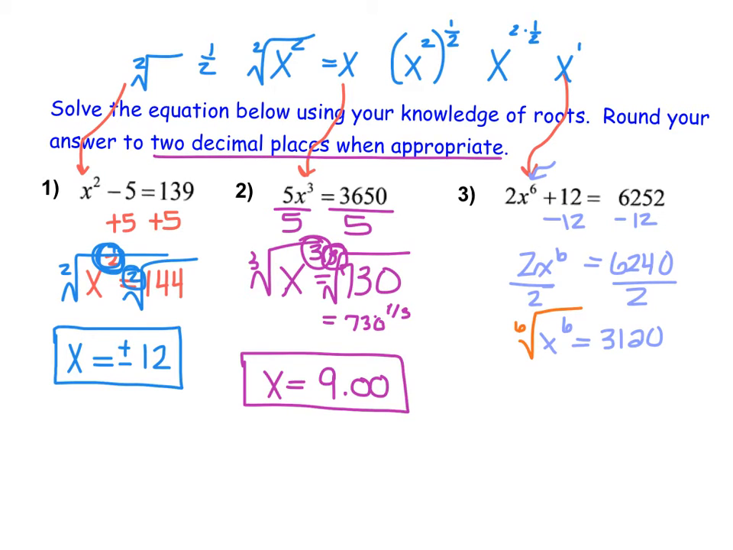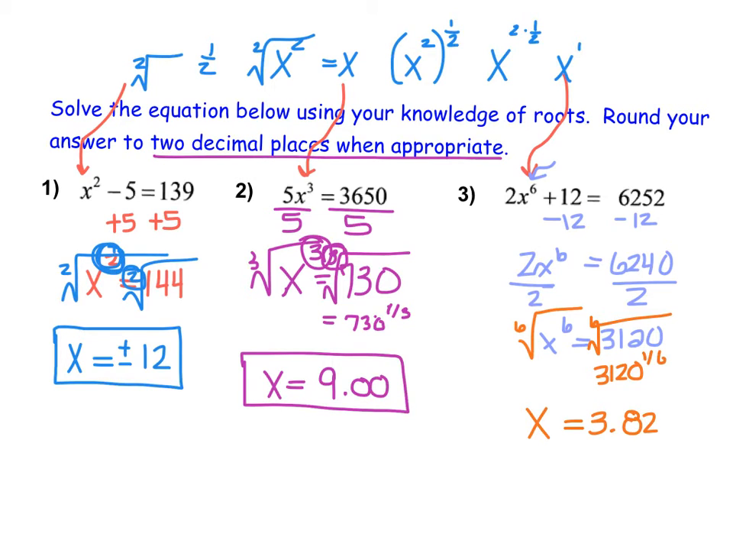So when multiplied with 6, that would become 1. So on the left-hand side here, I'm just left with an x value. Now if I also take the 6th root of 3,120, I know that I can rewrite that as 3,120 to the power of 1/6. So I can enter that into my calculator, 3,120 to the power of 1/6 in parentheses, and I end up with an x value that is approximately